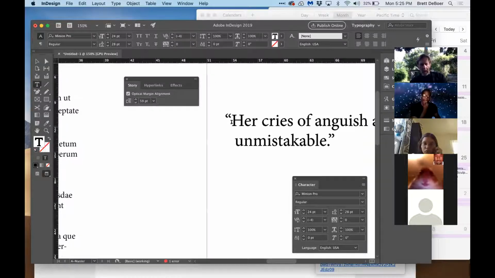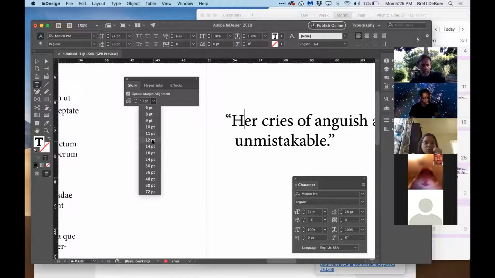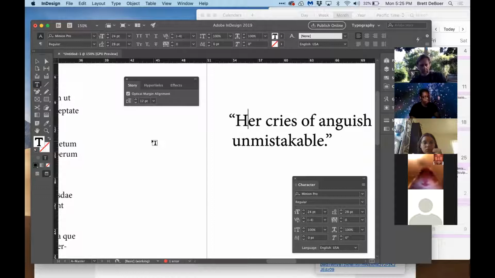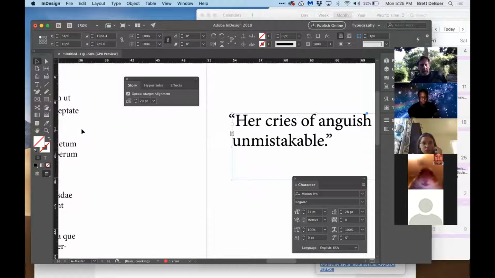So now, obviously, the H is too far to the left because now it's a letter. It's not just that delicate little punctuation, 3-dot ellipsis. So I'm going to change this all the way back to 12. And I might increase it just slightly. You know, maybe up in there